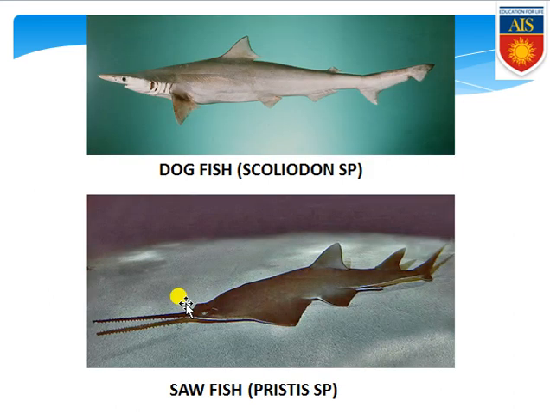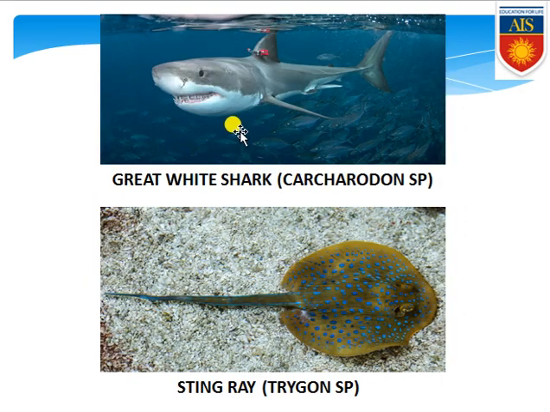Coming to the next slide, you can see the figure of the Chondrichthyes fishes. This is the dogfish, Scoliodon. You can see properly where the mouth is present. It is present ventrally. This is called the ventral mouth. This is the sawfish. Sawfish is actually Pristis sp. So this is also present under the water, coming within the Chondrichthyes. This is the great white shark,